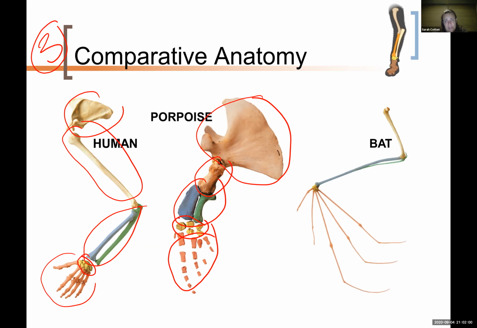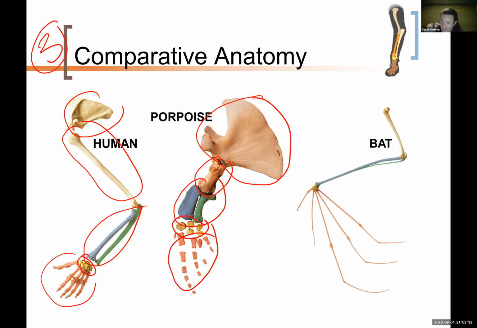A porpoise has a flipper instead of an arm, so their bones are stouter and shorter instead of long and skinny because they're using theirs for getting through water, whereas we use ours for gesticulating wildly and carrying things. The way that we use our forelimbs is different. So the details are different, but the basic layout